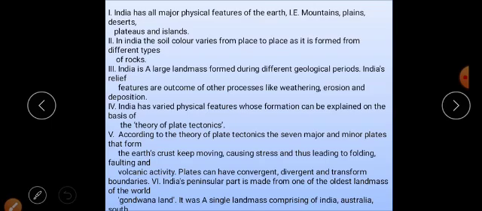Second thing, the introduction. India has all the major physical features which are available on the earth, that is mountains, plains, desert, plateau and island. Already we have seen the different types of physical features in our country. Different types of soil also we can see in our country, because different factors are there, maybe the rocks, maybe the climate. Different soil colors from east to west, north to south we can see.